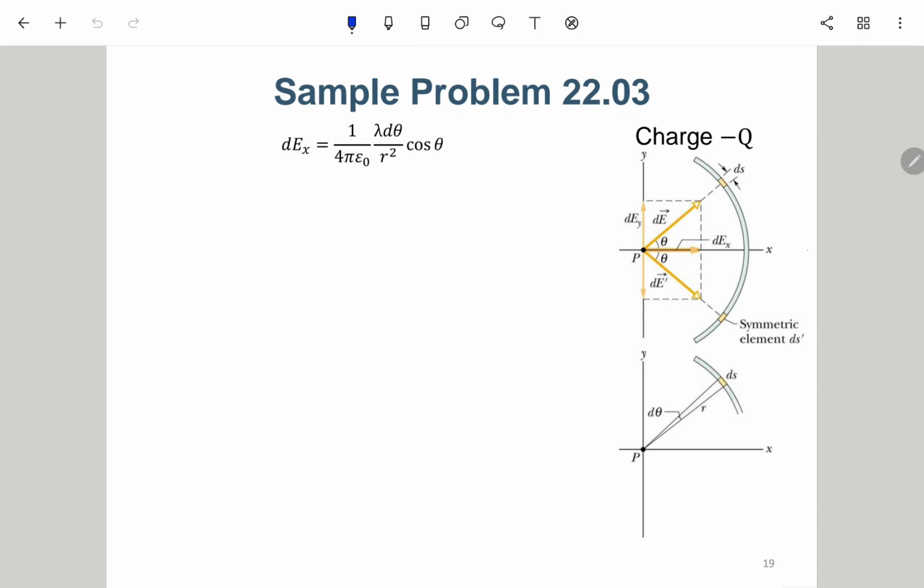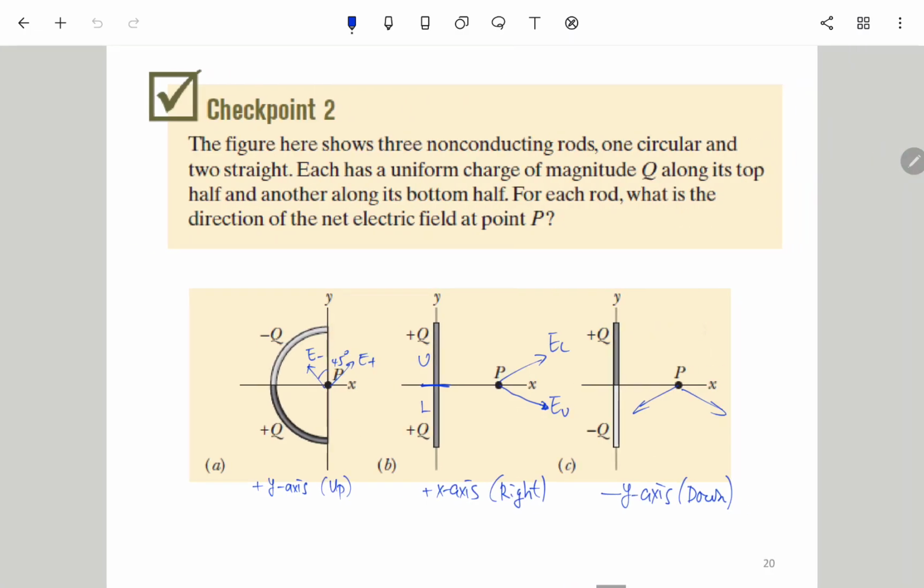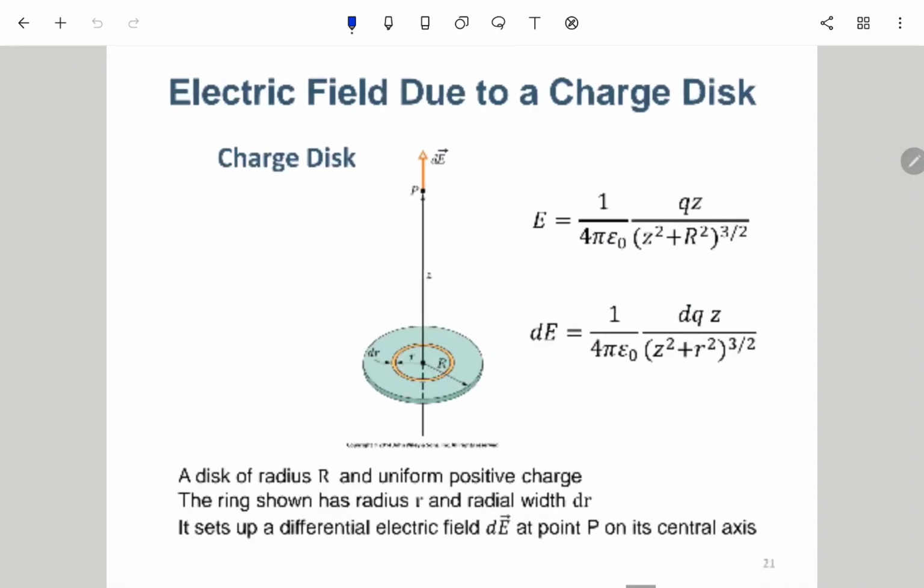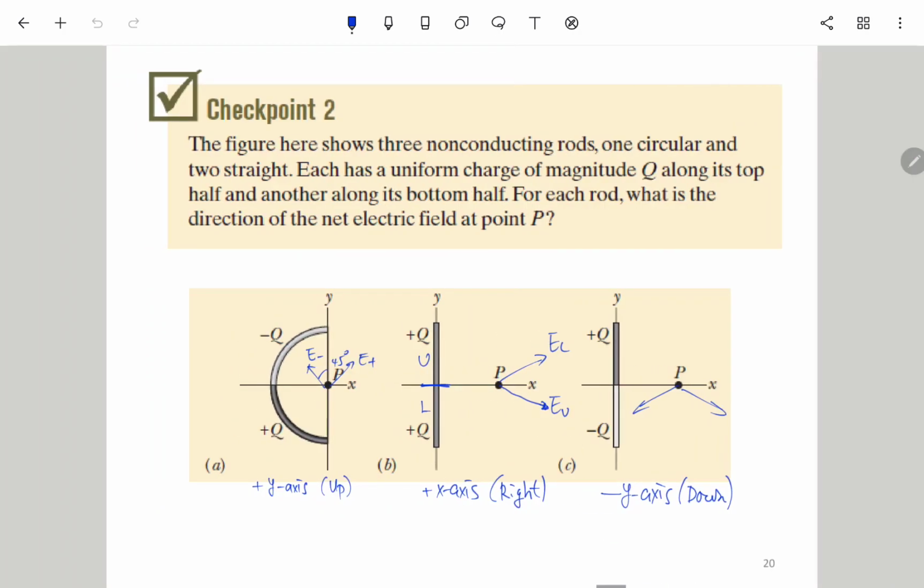But if you need to do it rigorously using integration, it may not be possible by hand calculation. So it is a very important step to cancel some of the components. Otherwise, the calculation might be difficult, or maybe not possible to work with. So let's have a